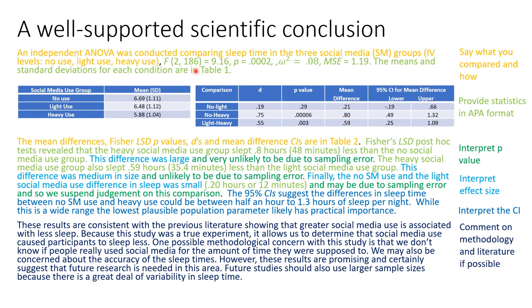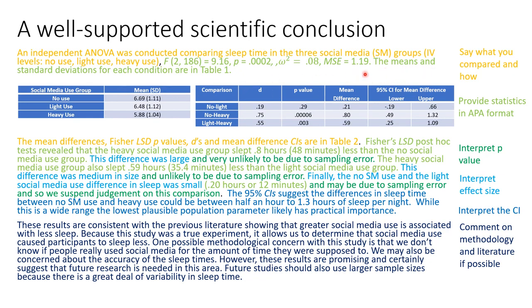So you had 63 people per group, and so you multiply 63 times 3, and then you would subtract from that the number of groups, which was 3, and that's how you would get 186. Here's your obtained F. Here's the p-value for the overall F. Here's the omega squared, the mean square error, and